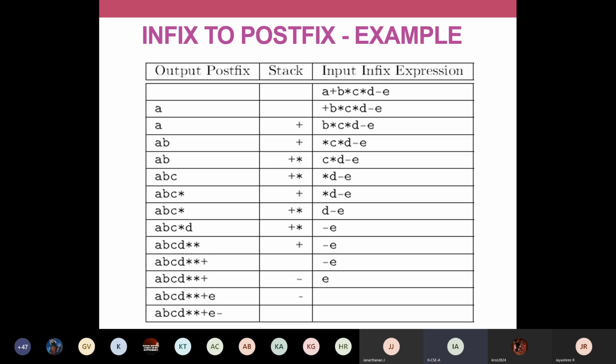Okay, so this is the way you're going to solve using an algorithm. When you're writing a program, I'll be initializing the stack as an array. This output I'm going to print using a printf statement. Imagine a C program. This a plus b star c, I might have got as a string or character array. The stack is once again an array, and for your output I'm going to simply use a printf statement. So imagine like that. You have to push and pop things, you have to write this minus, everything you have to think like a program. I hope you can understand this.